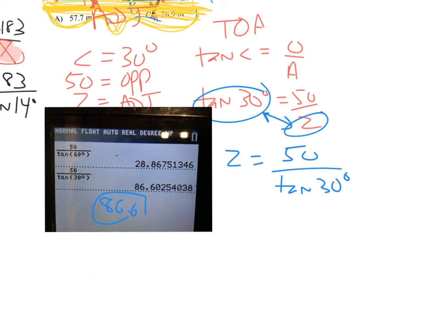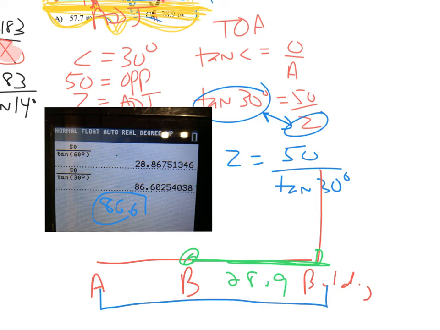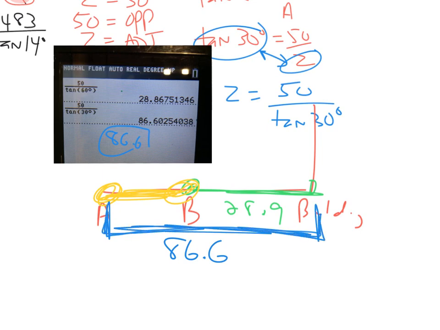So now think about what I have going on. I have Adam is over here. I have Brian, and then I have the building. I know that Brian is 28.9 from the building. I know that Adam, this entire bottom, is 86.6 feet from the building. But the question said, what is the distance from Adam to Brian? So here, since this entire bottom is 86.6, and this distance is 28.9, the distance from Adam to Brian is